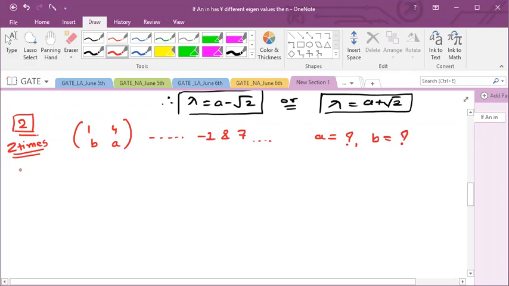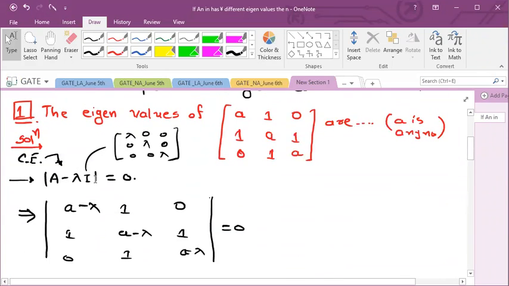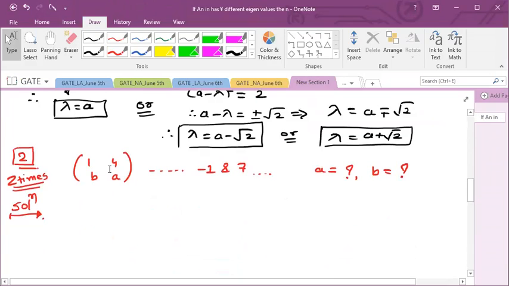Okay. Let us take it that the eigenvalues are given. How are we going to find this? Tell me. If I use this method, determinant of a minus lambda I equal to 0, then this equation will contain three unknowns: lambda, b and a, right? And first if I put lambda equal to -1 in that, then I'll get one equation in a, b. Then I can put lambda equal to 7 in that, then I can get another equation in a and b. And by solving those equations, I can get values of a and b. So that is the conventional method. Okay, and that will be lengthy enough